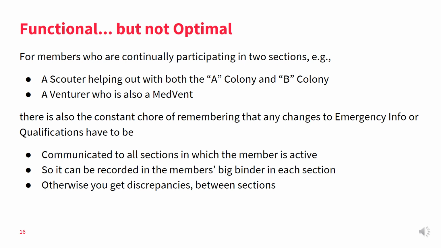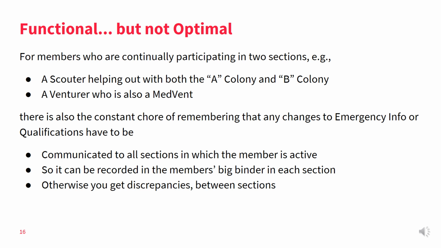Another bit of clunkiness affects those members who are actively involved in multiple sections. You might be a scouter wearing multiple hats and helping out with both the A and the B colonies, or you might be a venturer who belongs to a regular company and also a medvent company and does activities with both. In these cases, there's a constant chore of making sure that you remember to communicate any changes to all